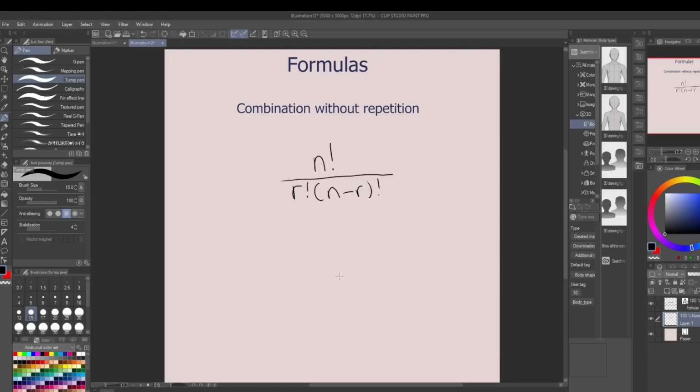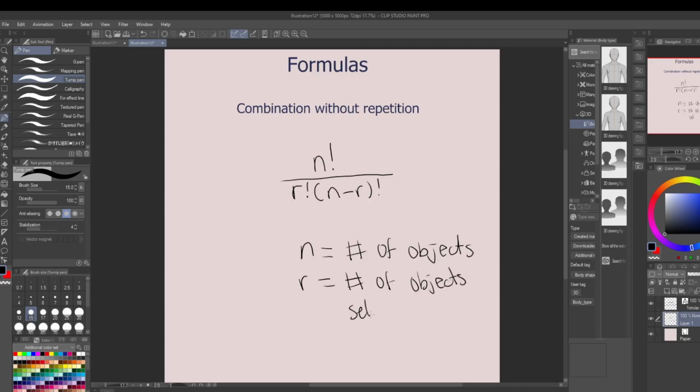In which n is the number of objects and r is the number of objects